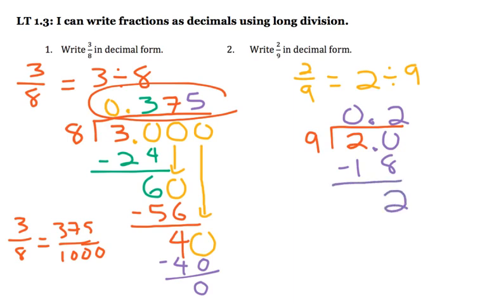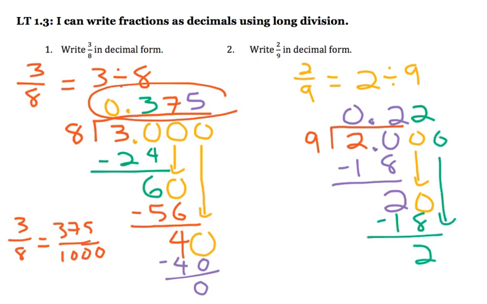Alright, so I have a 2, and if I add a 0 to the hundredths place and bring it down, I see that I have the exact same thing happening. 9 goes into 20 is what we started with. Now we have 9 going into 20 again, which I know is 2. And 9 times 2 is 18. Subtract it. Okay, so it looks like what's going to happen here, and this is just going to keep happening